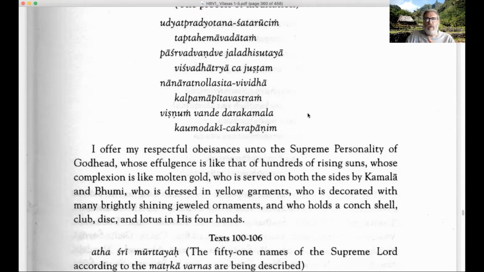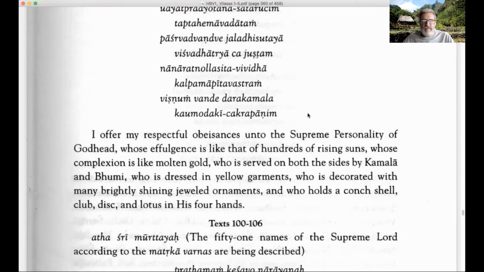So remember, first of all, when we do a nyasa, we do the mantra nyasa first by touching the head, the nose, the heart, and doing the viniyogaha, telling the purpose of the mantra. And then after that, we have a dhyana mantra, which we chant out loud, meditating upon the particular form of the deity that we're worshipping with this nyasa. And then we can do the nyasa after that.